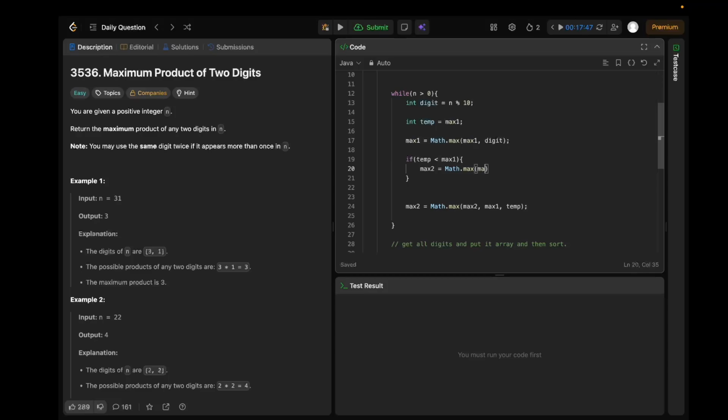Max2 would be equal to Math.max of max2, comma, max1, sorry, comma, temp, right? And max2 equal to, we got a max1 was changed, if let's say temporary is greater than max1,